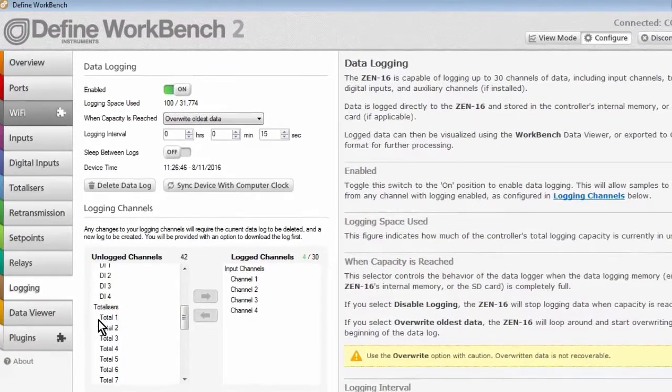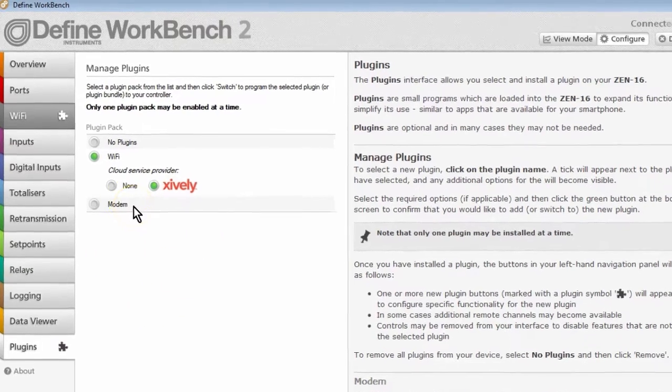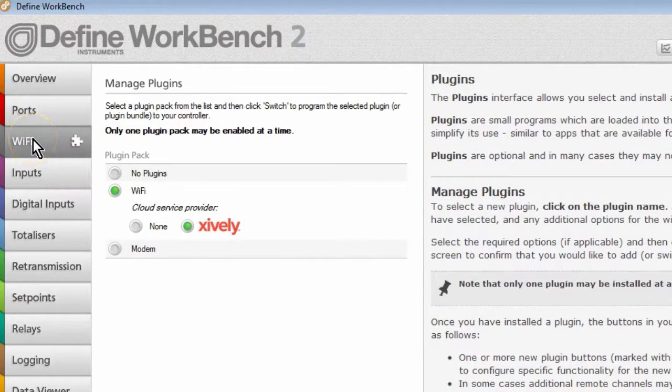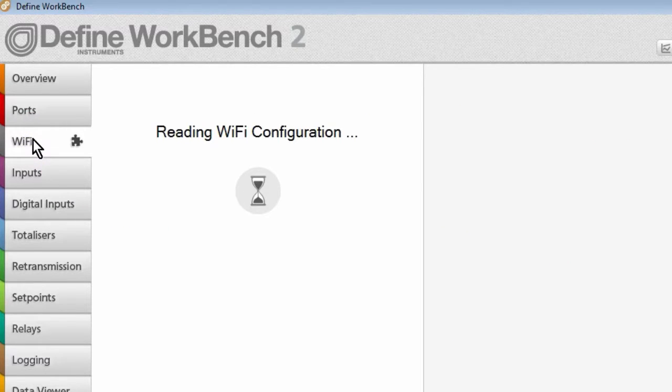The Zen IoT device functions with plugins. You may be familiar with plugins. They're used in our range of Zen devices. Today we're going to be using the Wi-Fi plugin, obviously, with the Xively Cloud. And once your plugin is correctly loaded, a Wi-Fi tab will appear in the column on the left. So clicking on the Wi-Fi tab